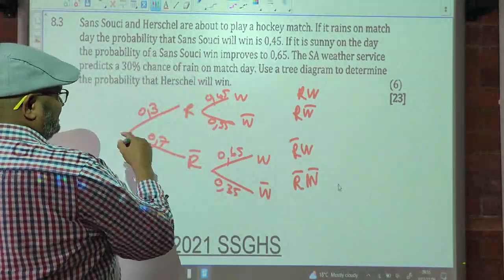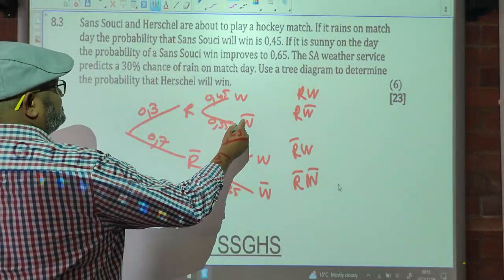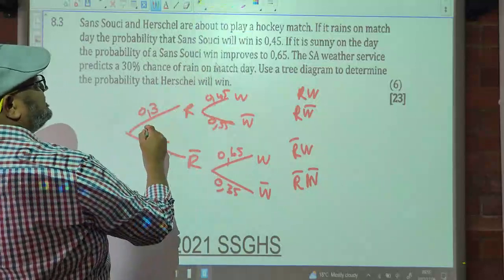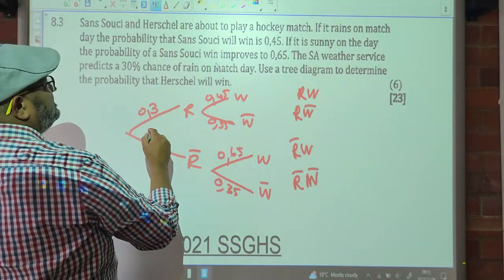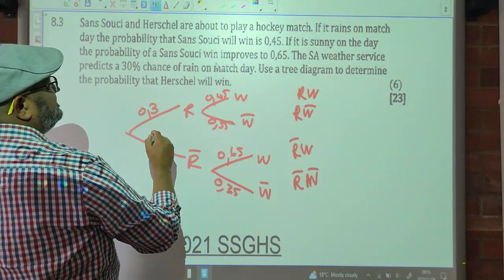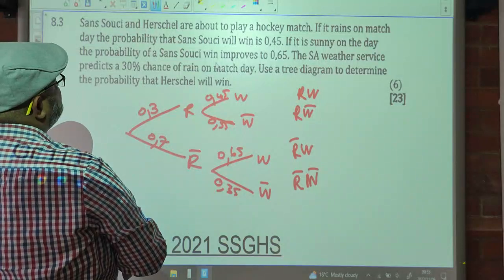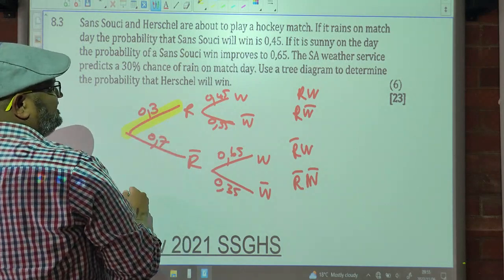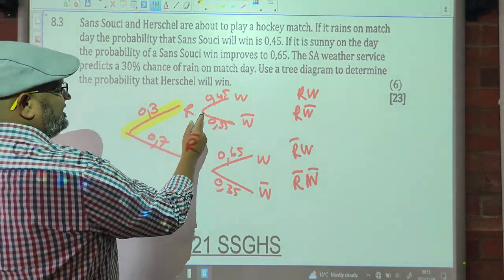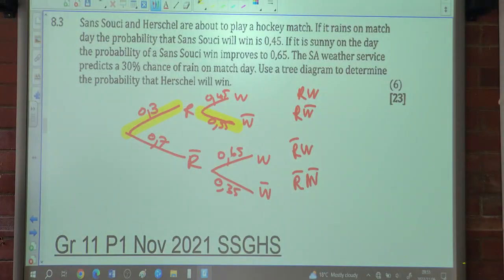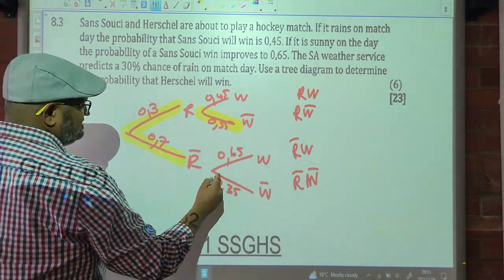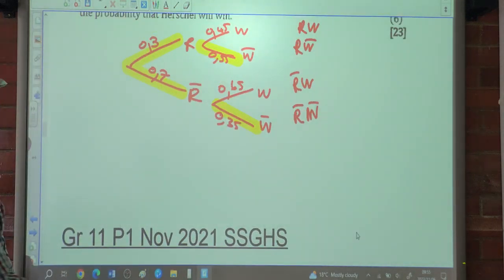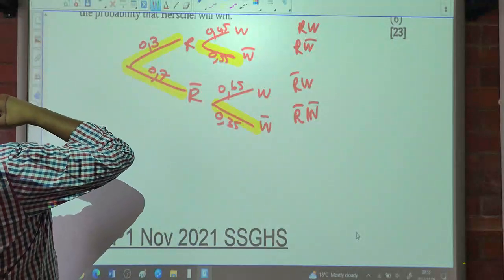So Herschel will win if St. Susie doesn't win. So in other words, Herschel winning would be 0.3 when it rains times when St. Susie does not win, and when it does not rain and St. Susie does not win. So to do the calculation,